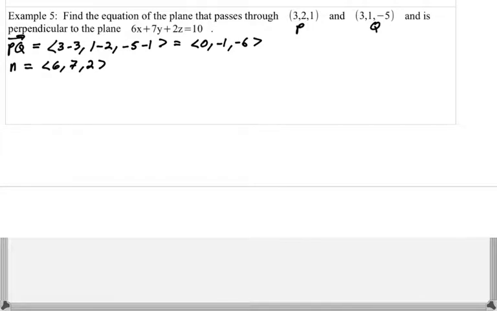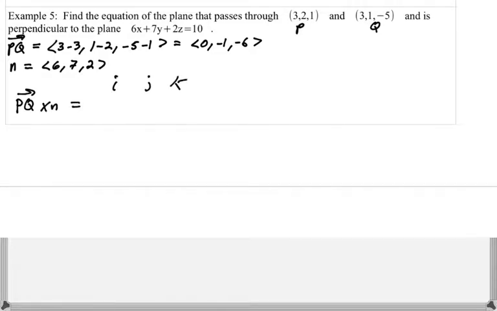Okay. All right. So the plane that we're going to construct, we want it to be normal to PQ, so that'll ensure that P and Q are on the plane, and we want it to be perpendicular to the plane that's given, so we want it to be perpendicular to vector N. So I have 2 vectors, and I want another vector that's perpendicular to those 2 vectors. I'm going to find the cross product. So PQ cross N,